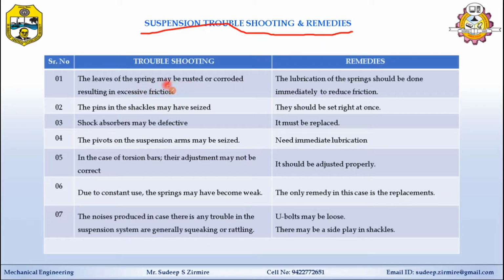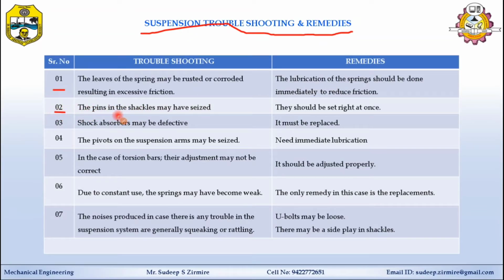Generally this point is related to the leaf spring suspension. So what is the remedy for this? Generally the paint may corrode because of the friction, then because of the environment or because of the rubbing action this problem is created. So the lubrication of the spring should be done immediately to reduce friction. It means periodic maintenance is required. We already learned jacking is required for the lubrication, so all the gaps of the leaves will open and later be filled by graphite oil or standard oil. Lubrication is necessary.